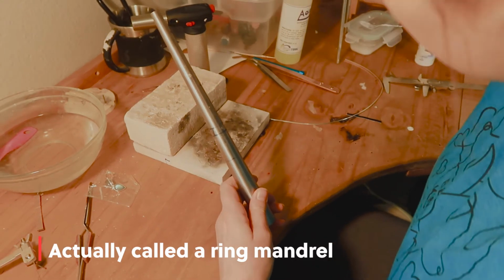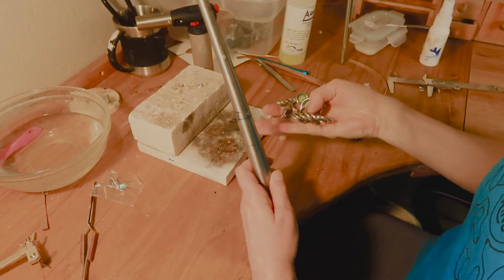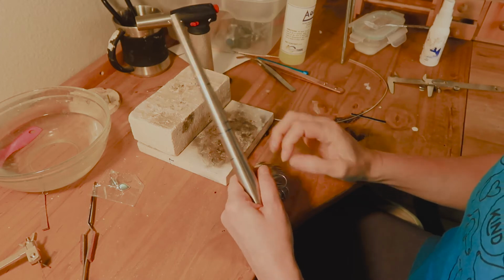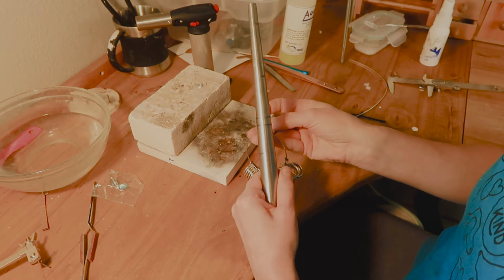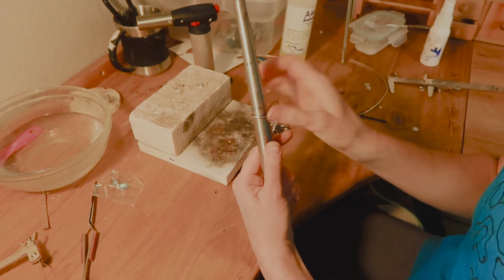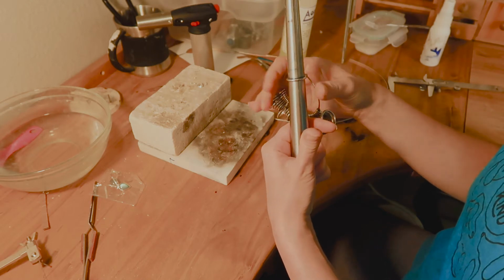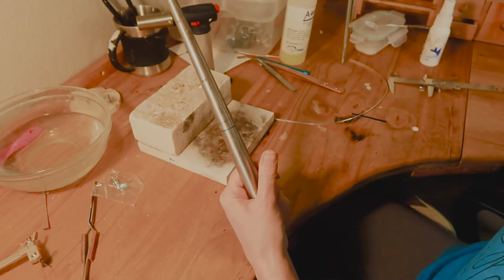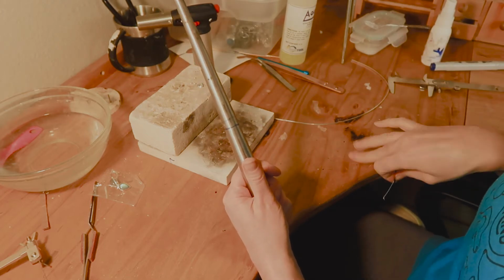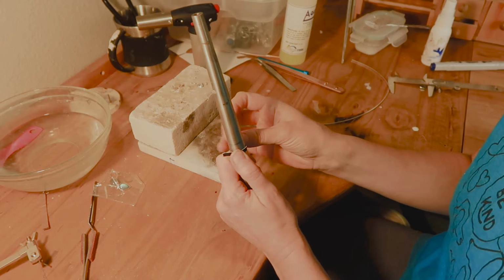I'm using my ring hammer, and I went ahead and got my ring sizer, and I found the 7.5 one. Let's see. And I went ahead and marked a line where the 7.5 line is, using this marker here. So then I found a piece of paper, or a thicker piece of paper, and I went ahead and